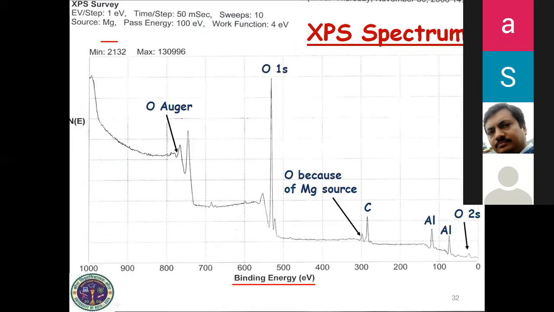So finally, this is our XPS spectrum. This XPS spectrum is recorded with a magnesium K alpha source. It is also important which source you are using, and according to that source we have the binding energy lookup table, and we can see which peak comes at which binding energy. So oxygen 2s, aluminum 1s, carbon 1s, oxygen 1s, oxygen Auger, you can see. These are all the parts of the XPS spectrum. You can see that the noise is also continuously increasing. This is the experimental spectrum of the XPS.